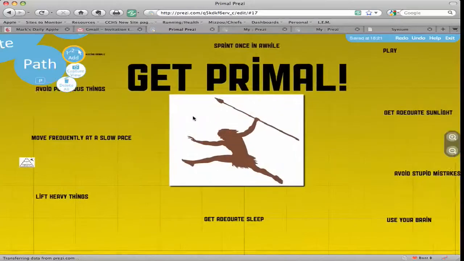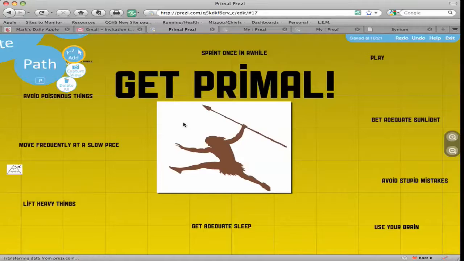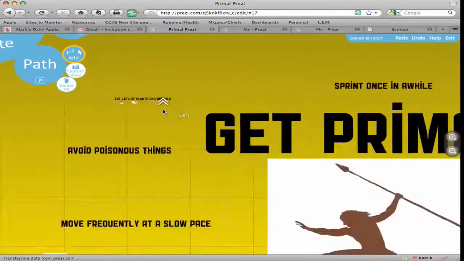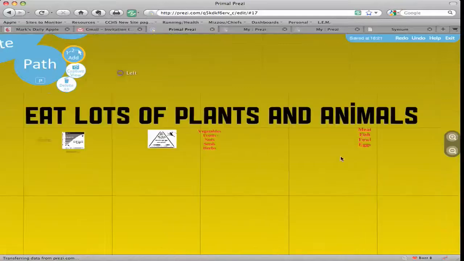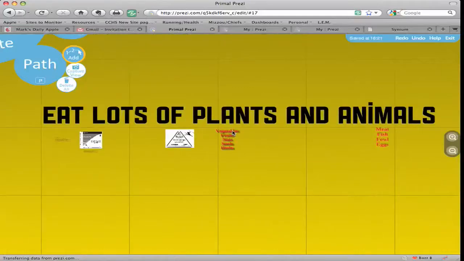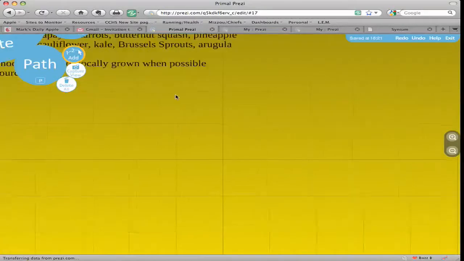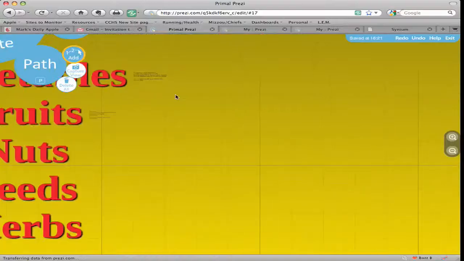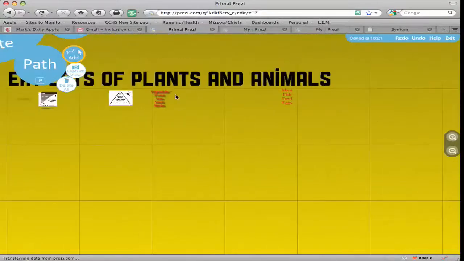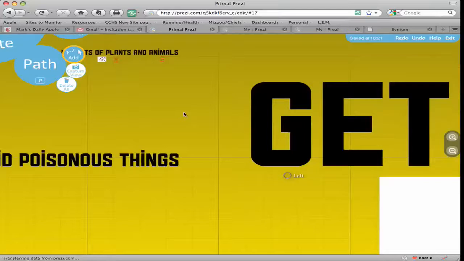And then when we're trying to explain to people what Getting Primal is all about, or when a new person says, hey, what kind of meats can I eat? Well, you could take a look at the book, sure, but this is an interactive way that you could also say, okay, so you can eat your meats, your vegetables. We've got the plants, animals, and then within the vegetables, you could do this. You can actually add photos to this, videos. So this is a living, breathing document.